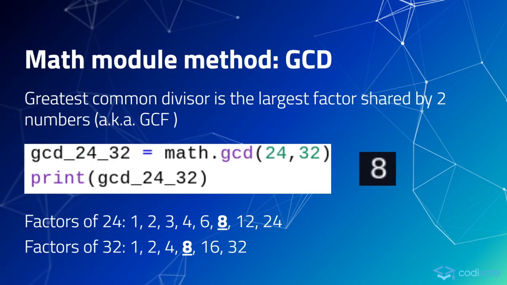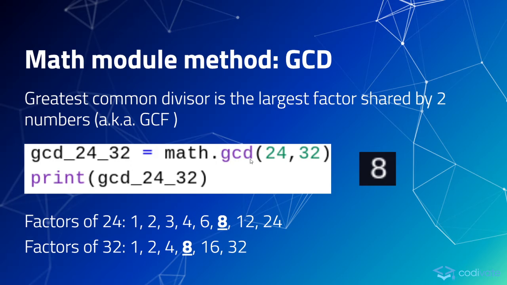Alright, so this is another interesting method in the math module. It's the GCD method. So the greatest common divisor is what GCD stands for. And the greatest common divisor, you may have heard of it as the greatest common factor, is basically the largest factor shared by two numbers. So if we want to take the GCD of 24 and 32, we could do it using this math method. I'm creating a variable called GCD2432 that will store the GCD. And I'm assigning to it this math method that will give me a GCD,